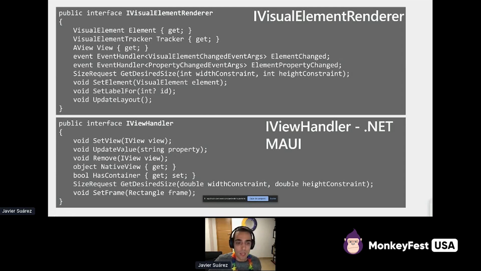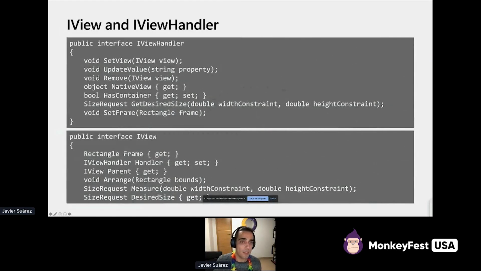in view handler. So we are having a new interface, view handler, that is the interface that any handler will implement. And then we have iView. Remember that now we are going to use interfaces to represent the views, and all the handlers will not have a direct reference to the .NET MAUI label. They will have the reference to the ILabel, the interface, and all the interfaces will inherit from the iView interface that you have here, where you can see basic stuff like frame to set the size, and parent methods like arrange or measure to calculate the size